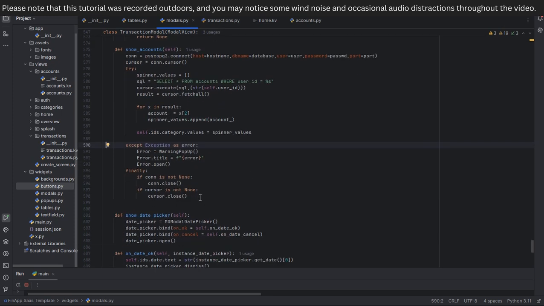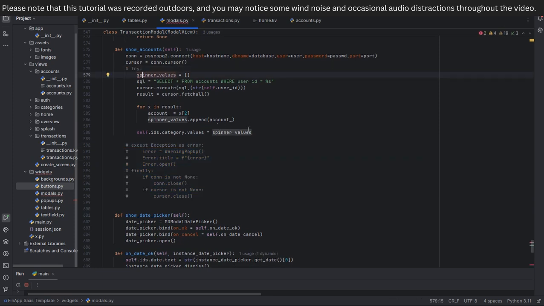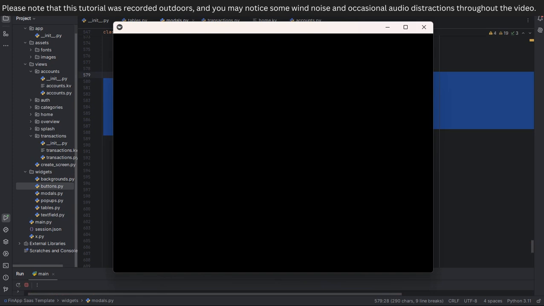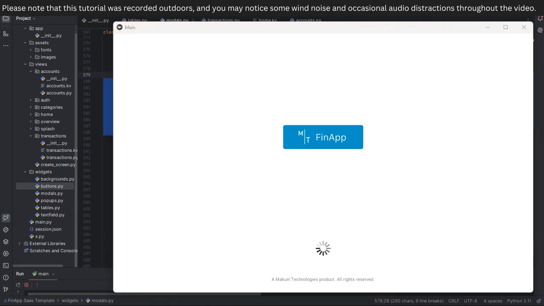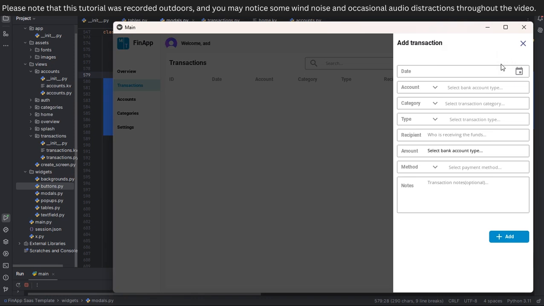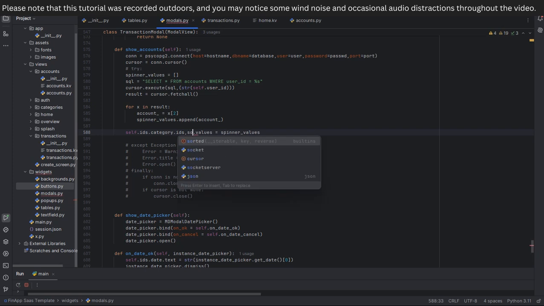Okay, let's try something else. Let's get rid of this and this. Let's shift tab this. I want to see something. If this works, we're just gonna leave it like this for now, then we're gonna come back to it later. Okay. So the ids dot